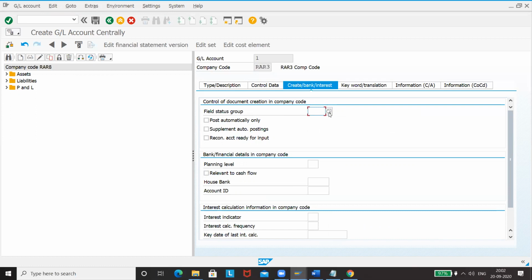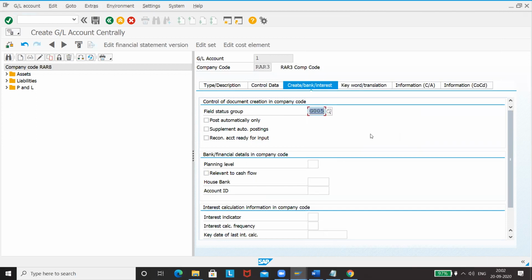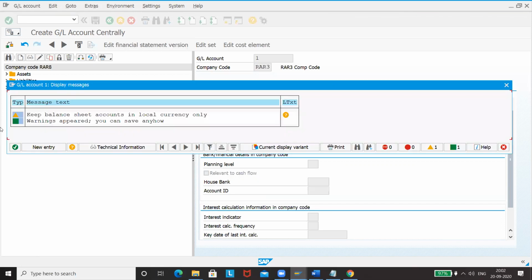Since this is bank, in cash you have to give bank accounts. Once this is done, go for save. This is a warning message only, yellow color, you can save. Click and save, it will save.